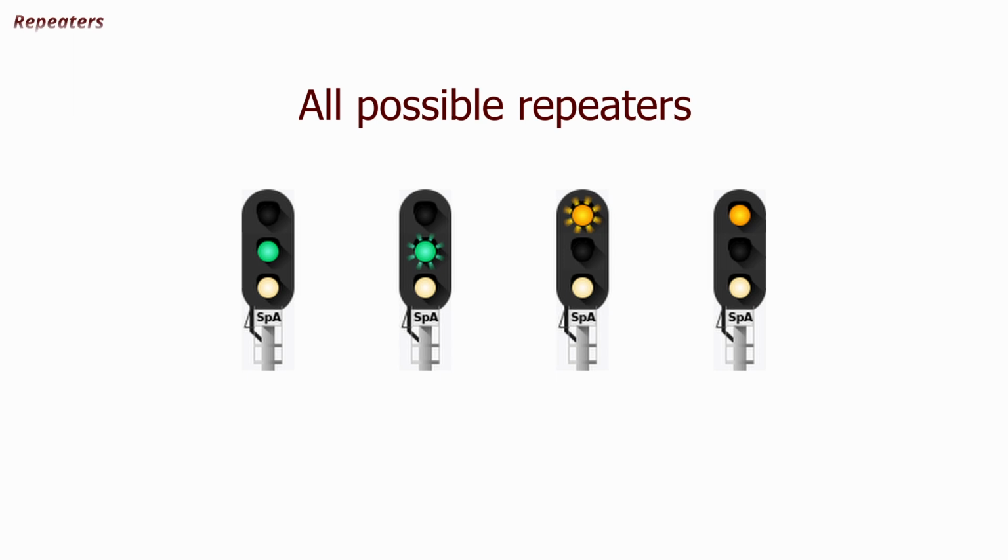Sometimes the semaphore is placed behind a bend or in another place and it's not clearly visible. To warn the driver what the speed limit is on the semaphore, we use repeaters, which are signals informing that there is a semaphore with an appropriate limitation nearby. The semaphore can be announced by a group of as many as 3 repeaters. The repeaters take the form of a white light at the bottom and exactly the same signals above the white light as can be found at the top of the semaphores.